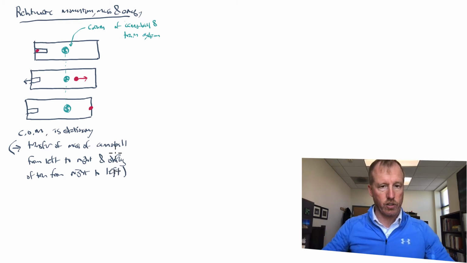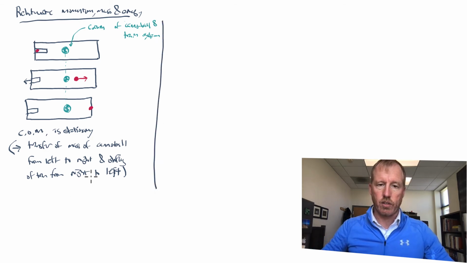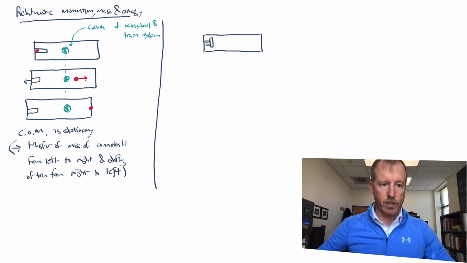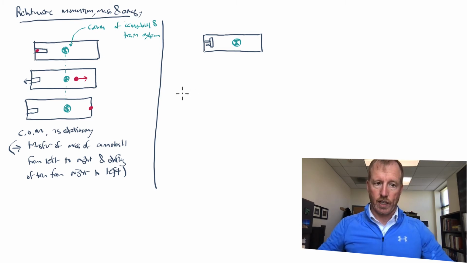Okay, there's nothing really that controversial about anything I've said so far. But now I'd like you to consider a slightly different situation. We have the exact same train, like this, but now instead of a cannon on the left-hand side, I want you to imagine that there's a flashlight on the left-hand side. So here's a flashlight. And once again, we have this center of gravity, or center of mass, of this train and flashlight system that's somewhere about in the middle of it, like that. And now let's suppose that the flashlight suddenly turns on, and as a result of turning on, as we mentioned before, remember light has momentum.